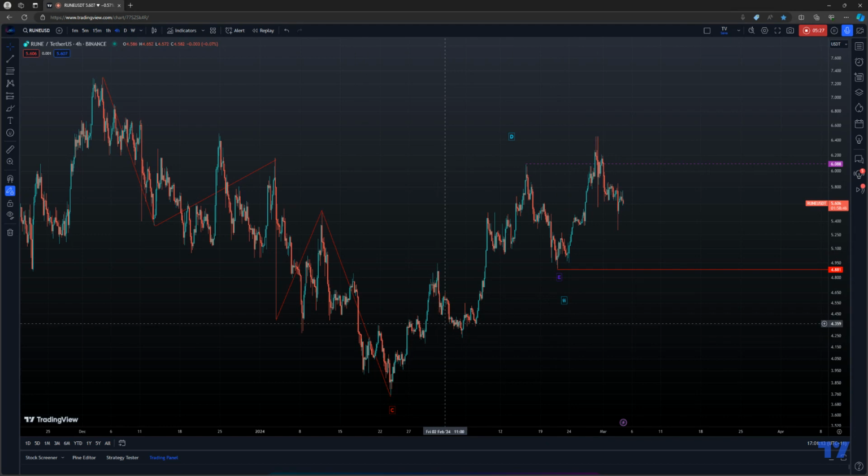Otherwise, we could be seeing the beginning of a D wave with a weak five-wave move, right? That's possible. I'm not going to say it's not possible, because it is possible. So I will update you on this. But if this count is correct, which it could be, that means that this area here is very important between 4.8 and